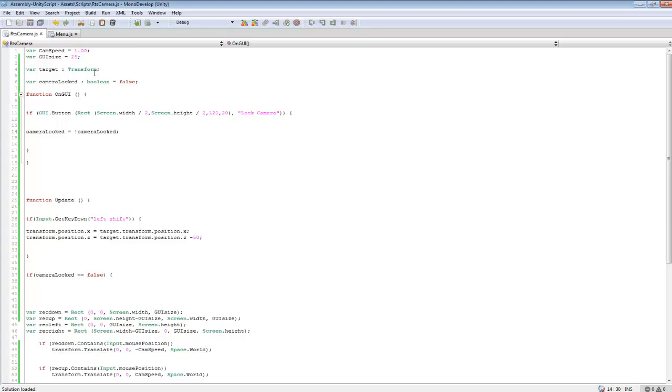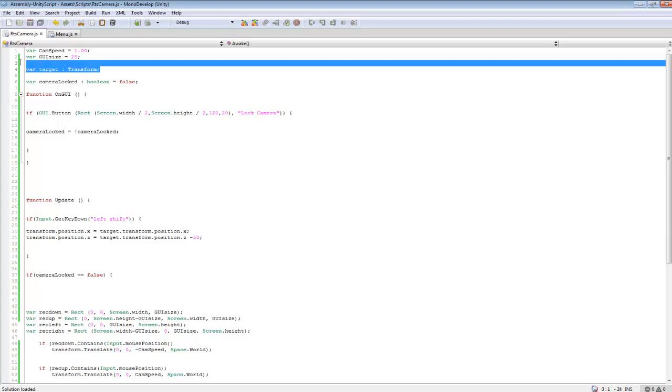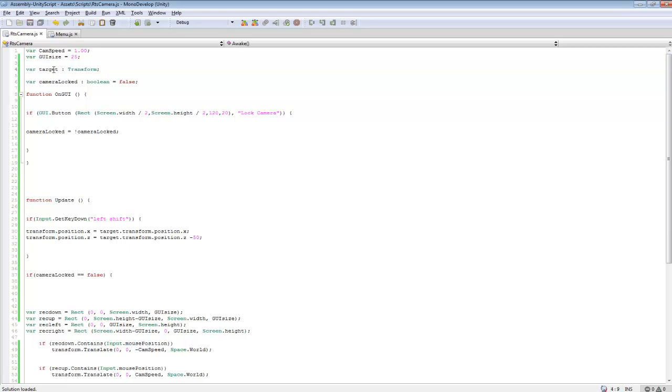We'll go into our RTS camera that we were working on before, and we're going to want to create a new transform for target. Now this is going to be our player. Now for camera locked, we want to check if our camera should be locked onto our target, or if we could move it freely